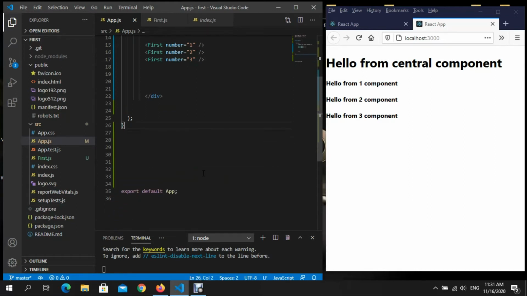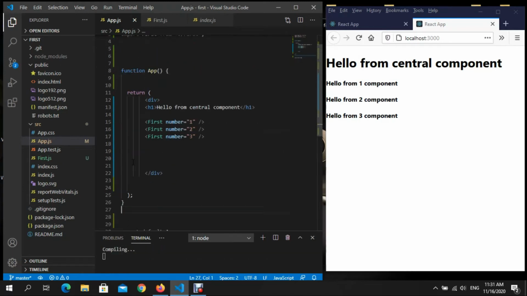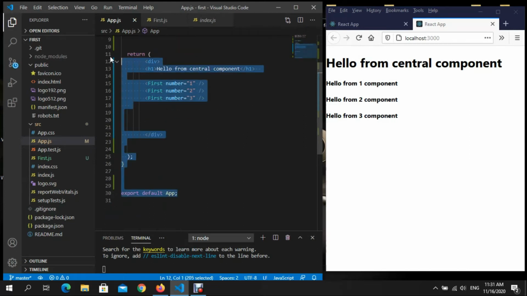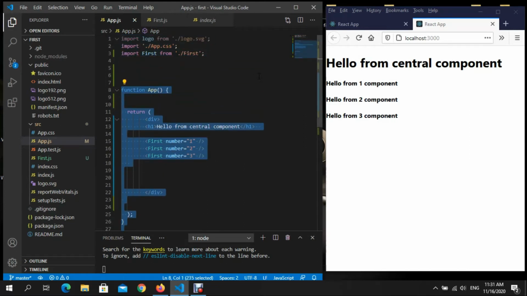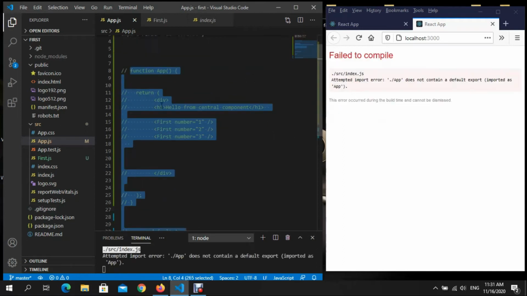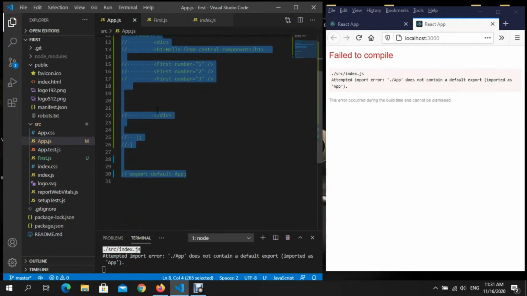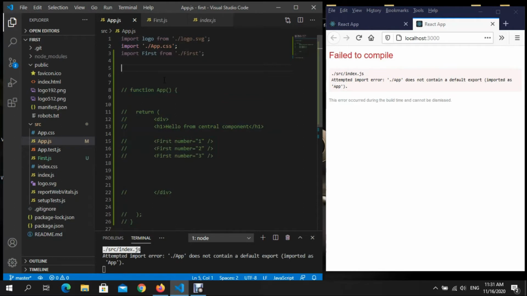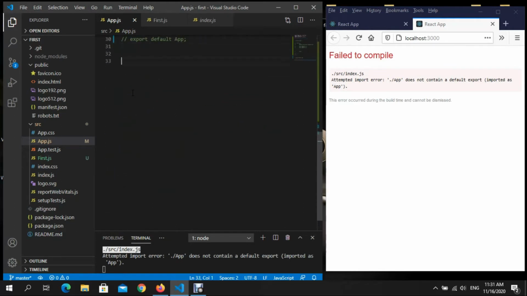It's exactly the same process. Also, let me disable this. I'm gonna